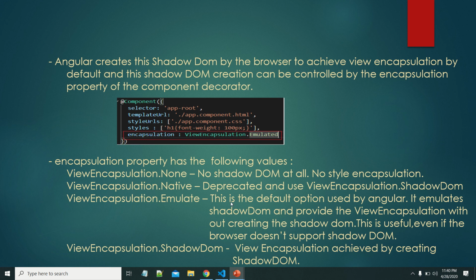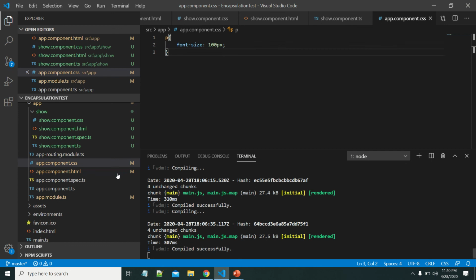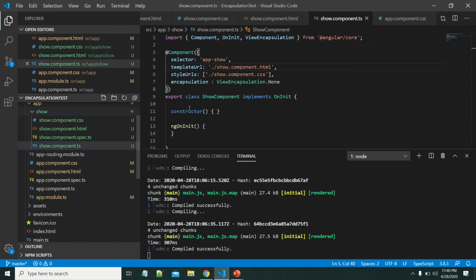Let us modify the program and check that. Here in the show component, I have changed it to ViewEncapsulation.None. That means I don't want to use view encapsulation. Because of that, the styles belonging to the show component affected the app component. Let me modify this and check the output.